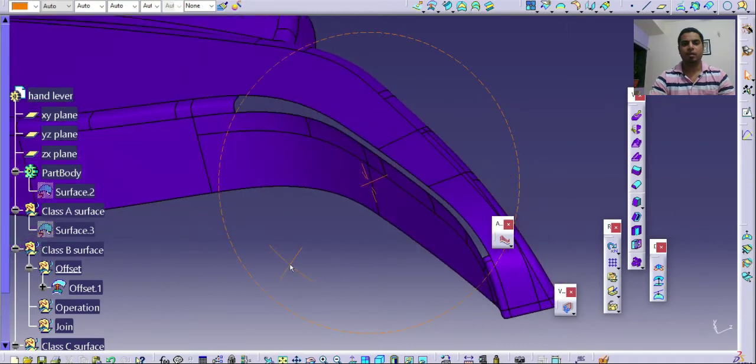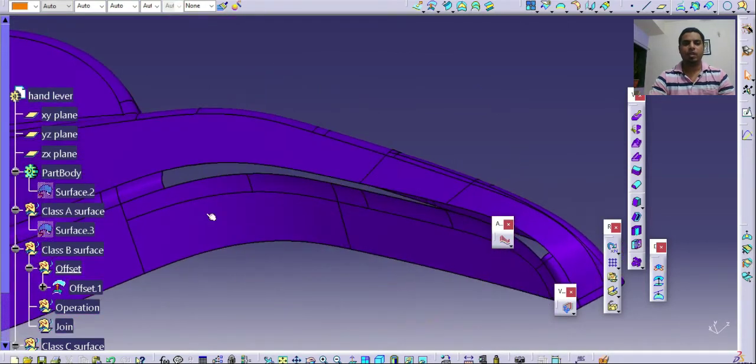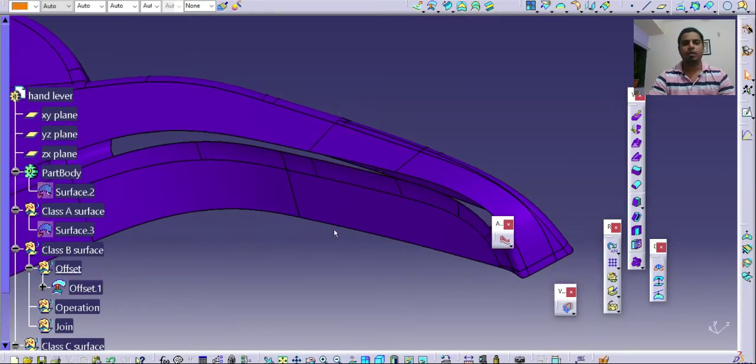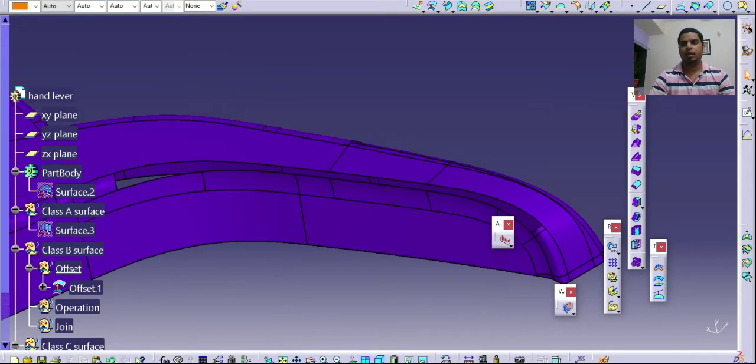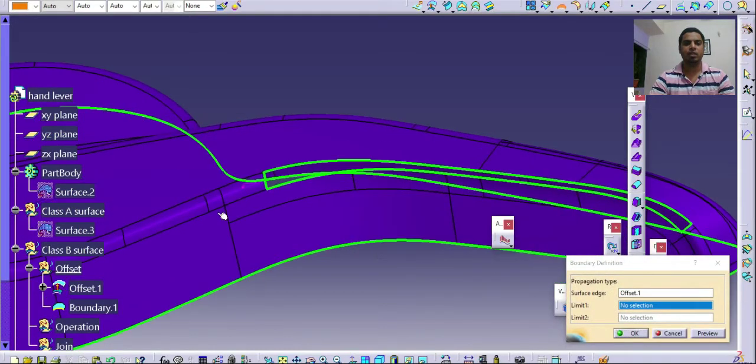We need to fill up this open space, so I will use a simple fill command. I can extract the edges by means of the boundary command, so I will select this complete surface.